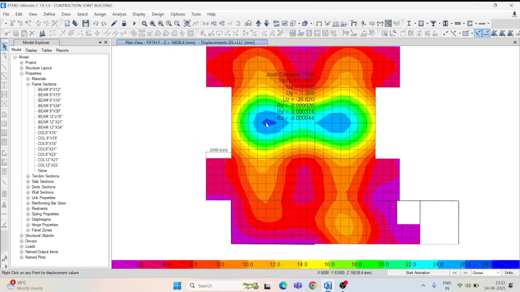Now see here 26.62. Okay, now there are 4 columns here. So the first column value is 4.97, second is 6.117, third one is 6.01, and fourth one is how much? 4.70. So whichever is less, you have to take that axial shortening value.